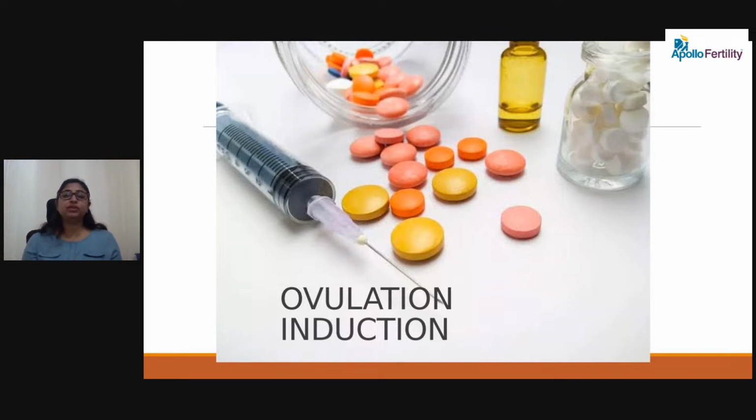And when we give the injection to start the egg release, many women might respond to this, and many women get pregnant with this method. So this is an important treatment for many of the women with PCOS. But many of the women might not be able to respond to even these medicines or injections. The injections are also hormone injections which are given, and then we look for the response, and accordingly we decide the dose and further management.